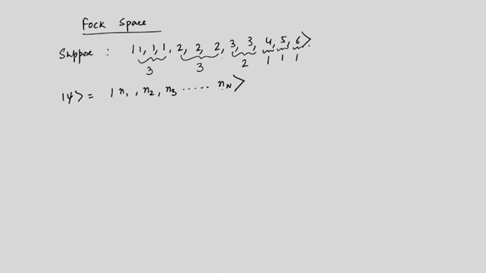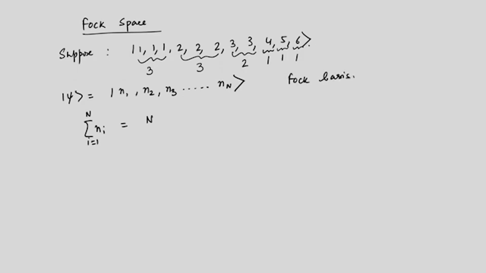So, these n particles are subject to the condition that the sum of ni, i equal to 1 to n, has to be equal to N. Okay. So, this is the total number of particles. So, the Fock space has n1 particles in state 1, n2 particles in state 2 and so on. Just like there are 3 quantum states corresponding to 1 particle and so on. Okay. So, this is called the Fock basis,